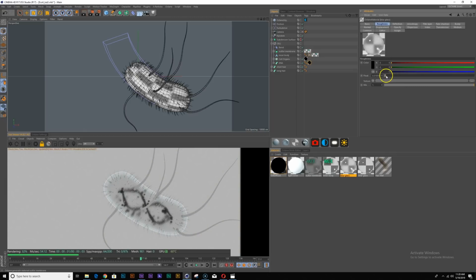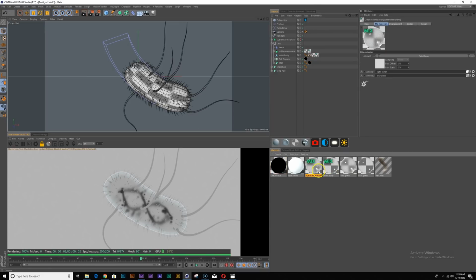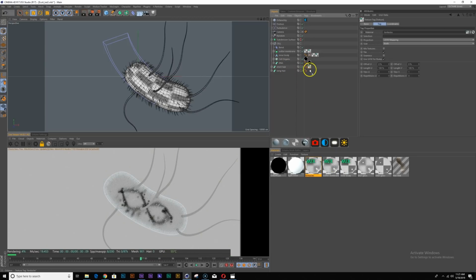Maybe I just need a little bit of roughness, like that. Cool. I'm going to duplicate this mixed material again. I'm going to call this my tentacles, or the hairs, or whatever. And let's apply that to the short hair and the long hair.